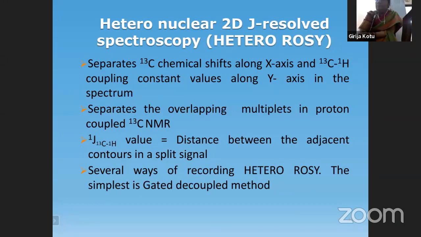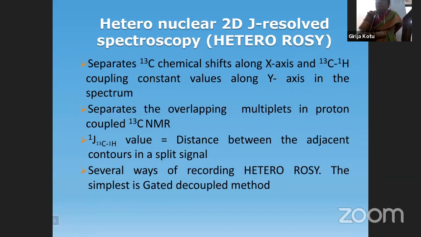And here, when we refer to C13 and proton, similar couplings we are going to observe only in which kind of NMR? Only proton. So definitely the conventional proton NMR we are trying to represent in the 2D form, which we are calling HOMOSY. Okay. Now let us come to heteronuclear 2D J-resolved spectroscopy, that is called HETEROSY.